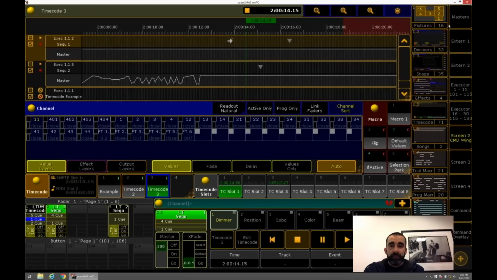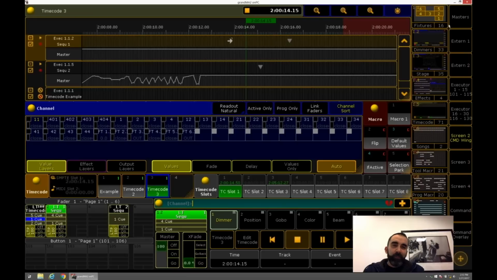Once I build a timecode, how do I speed it up or slow it down if it gets out of sync with the performance? I've heard that question a lot, actually. That's not really any functionality that's available. That goes back to timecode not being a lighting guy thing. Who's responsible for speeding up and slowing down a track? The band, a.k.a. their audio guy.